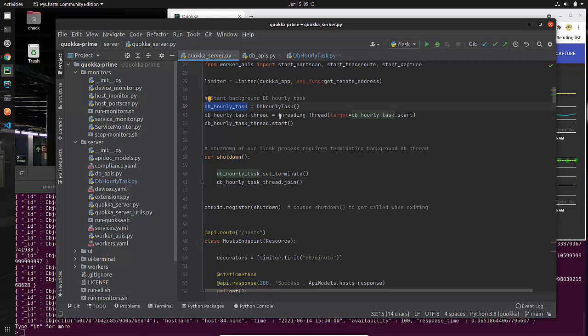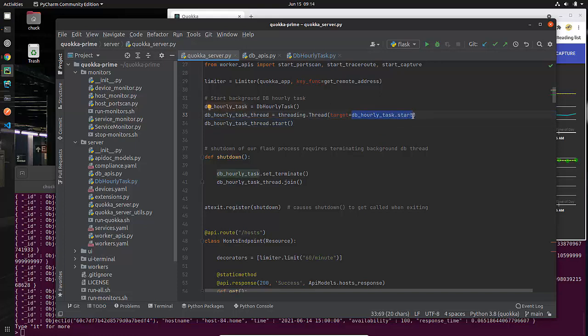Then I'm going to create a thread by using the threading library, and I'm going to say threading.Thread. Now there's multiple ways to create threads. I could have inherited from Thread in my DB hourly task. I'm not doing that. Instead, I'm doing the simpler, non-object-oriented way of doing it. And I'm passing in this DB hourly task that I just created .start.